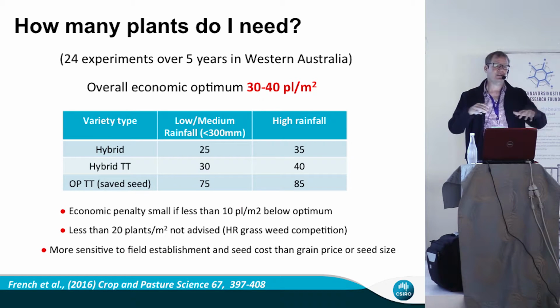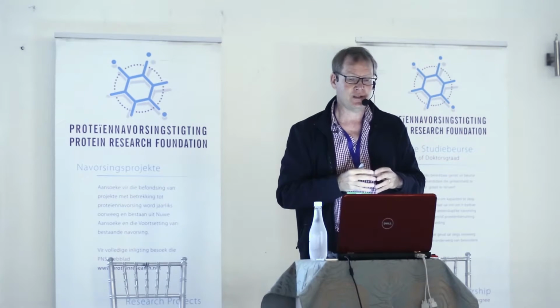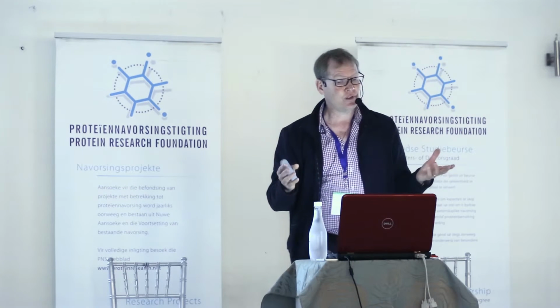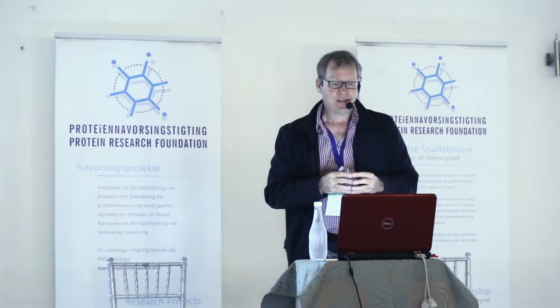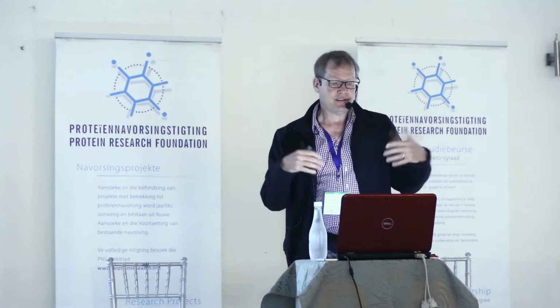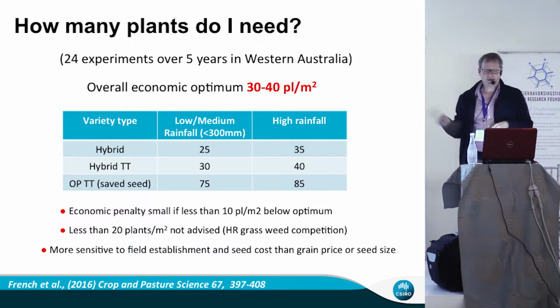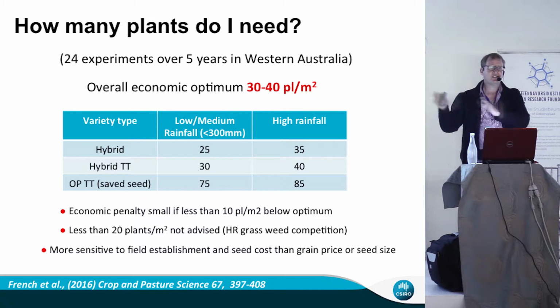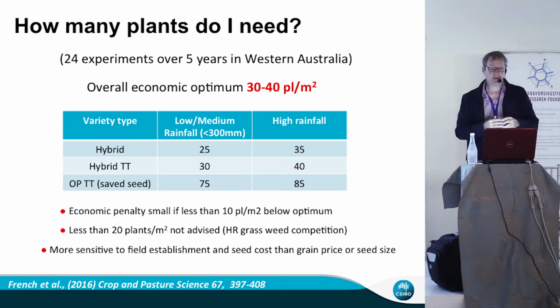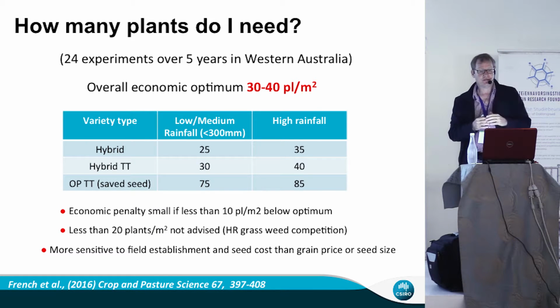A good vigorous canopy, sufficient plant populations required to really outcompete ryegrass and other weed issues. So anyone who's got weed issues like that should be opting to be slightly on the higher side. And generally, when you do economic analysis, at least in our situation, it's more sensitive economically to how many seeds you get established and the seed cost rather than the yield or the seed size. But anyway, it's just one way to sort of shave your costs if you can,